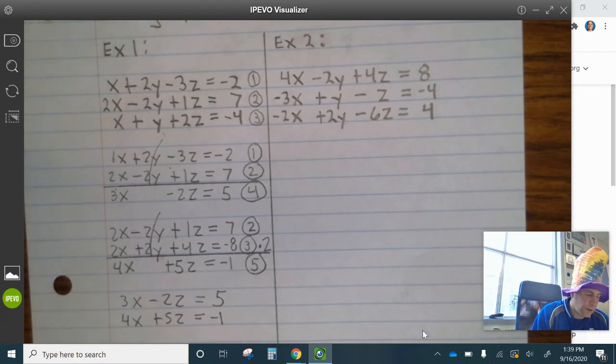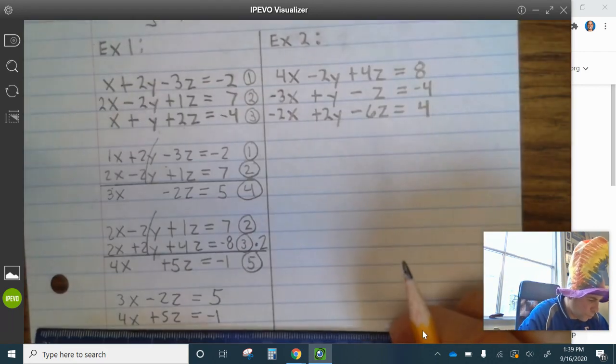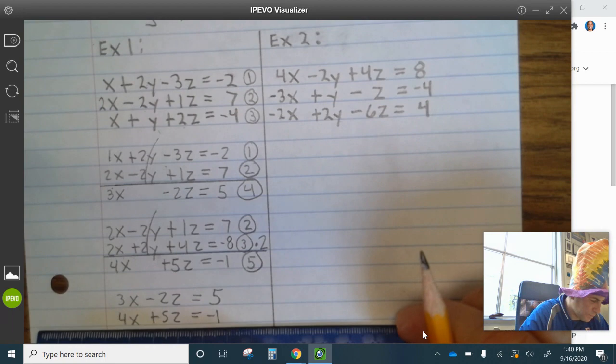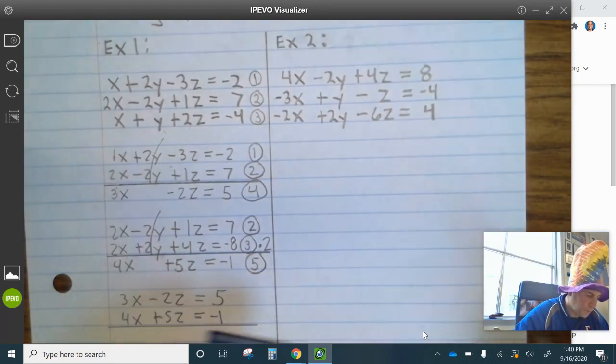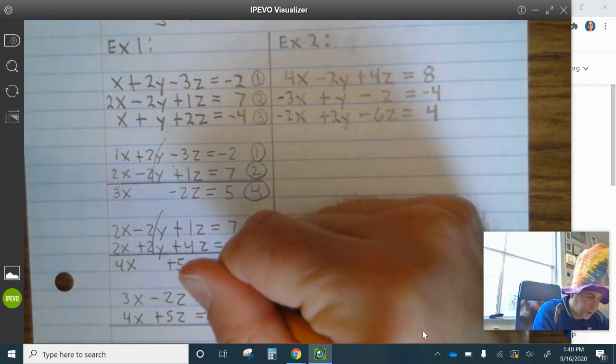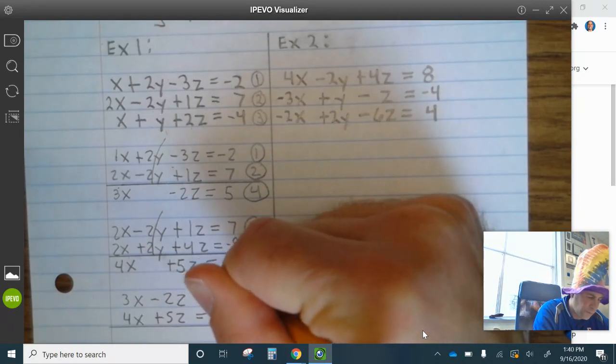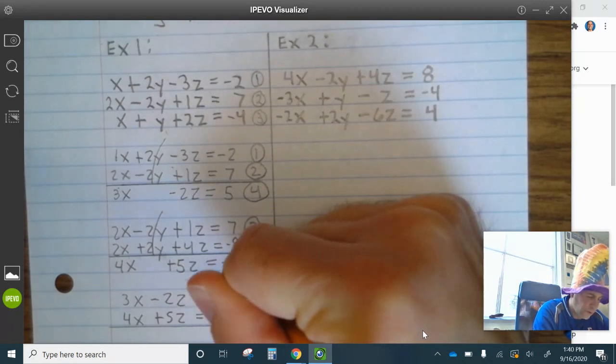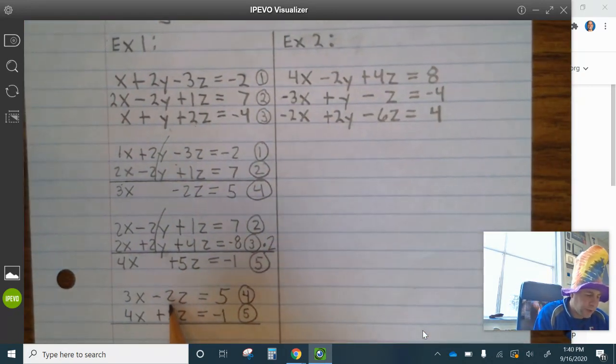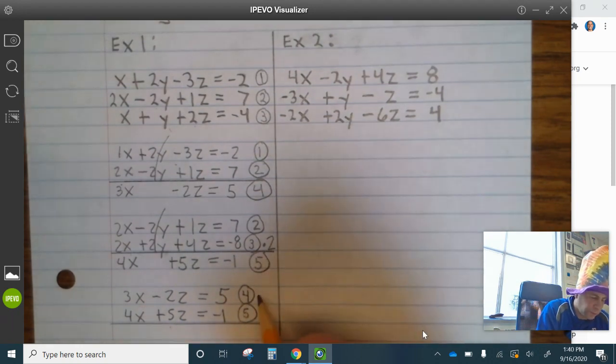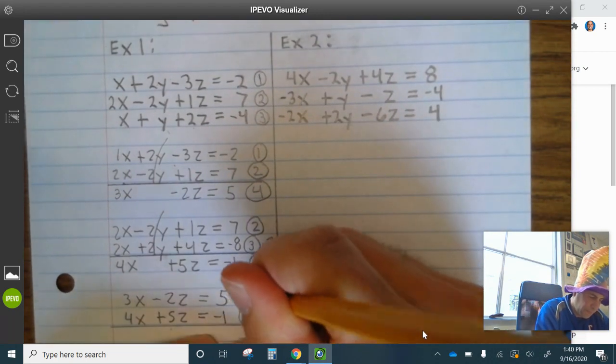All right, now we need to eliminate one of the variables. So this is equation 4. This is equation 5. The only thing that will cancel here is a 2 and 5. So we're going to multiply equation 4 by 5 and equation 5 by 2 so the z's will cancel. So let's do that. So we're going to multiply 4 by 5